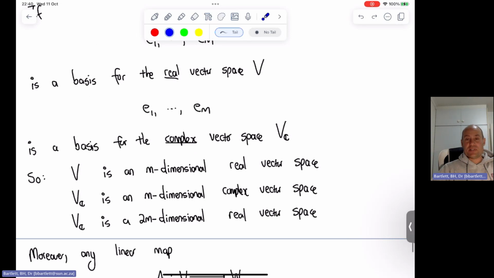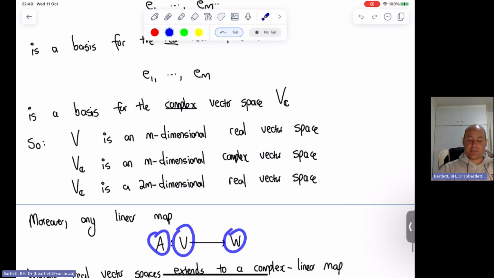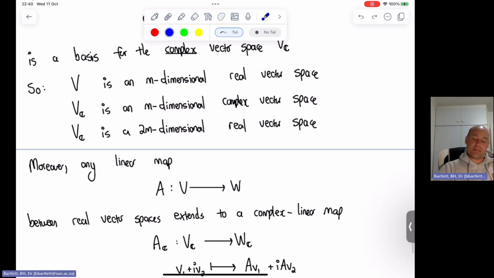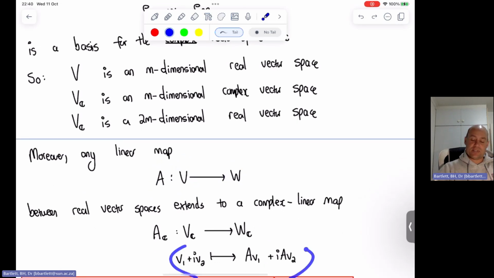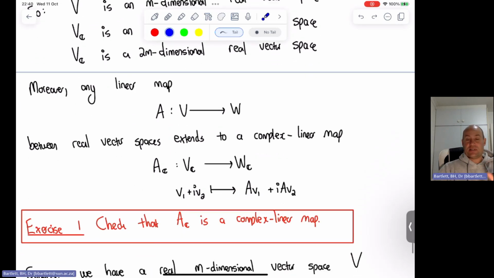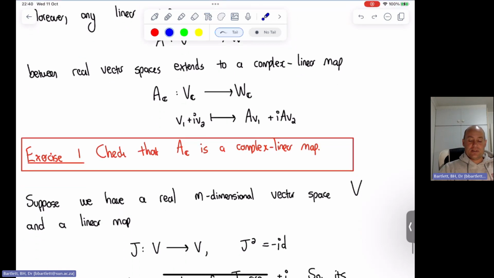Okay, moreover, this process is functorial. So anytime if you've got a real vector space V and a real vector space W and a linear map from V to W, then that's going to extend to a complex linear map between their complexifications in the obvious way. Okay, so the exercise, check that everything's kosher there. So now